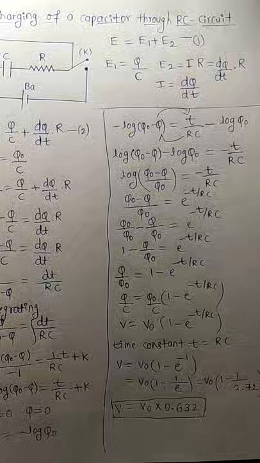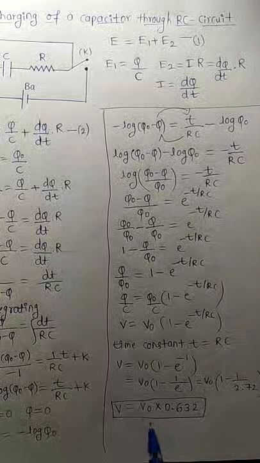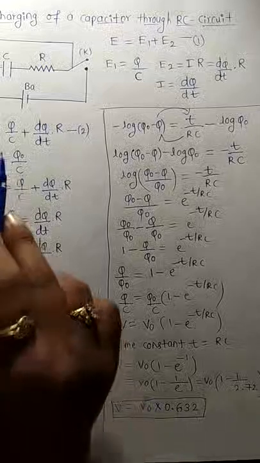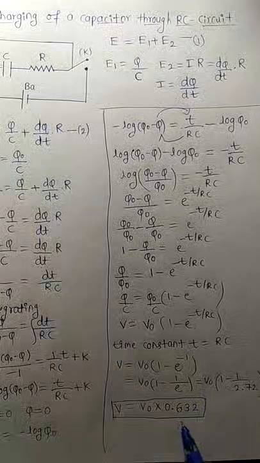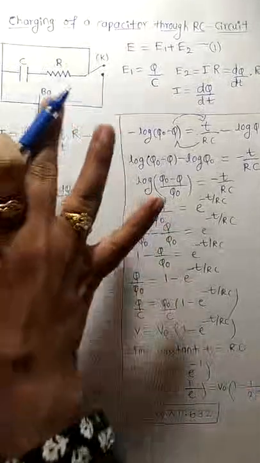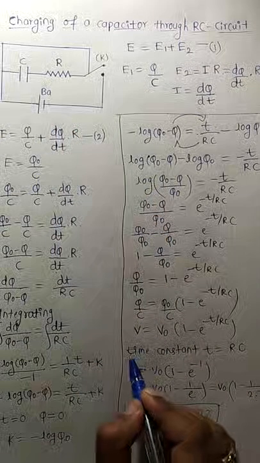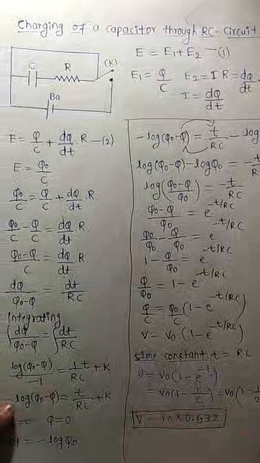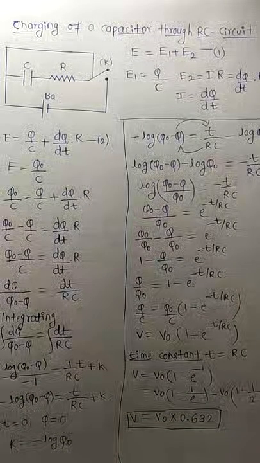On that basis, with respect to that circuit, you should define the time constant. Here the time constant can be defined as the time during which 0.632, or 63.2%, of the maximum voltage is reached by the RC circuit. Means to reach 63.2% of the maximum voltage, how much time this RC circuit is taking, that is called as the time constant. Understanding? So this is the derivation of the charging of a capacitor through